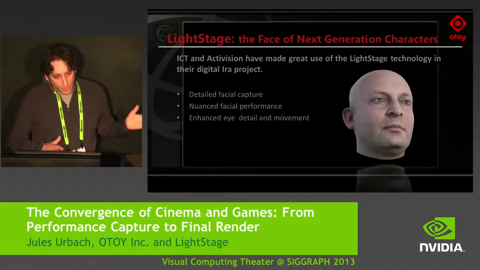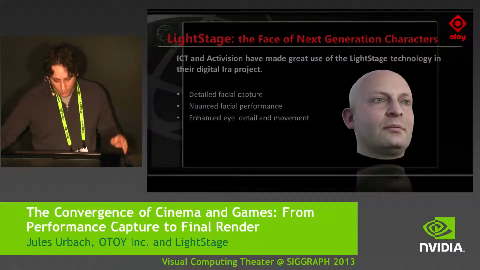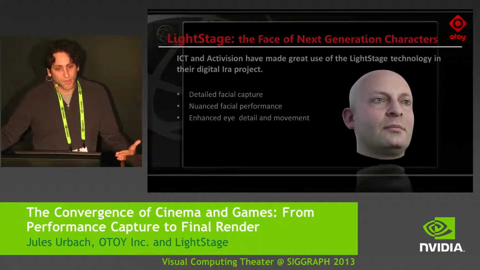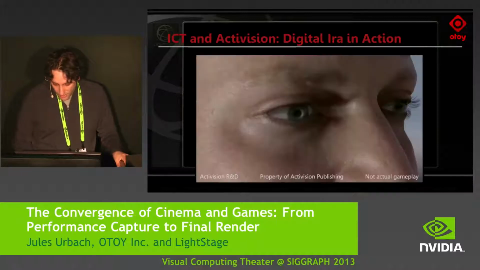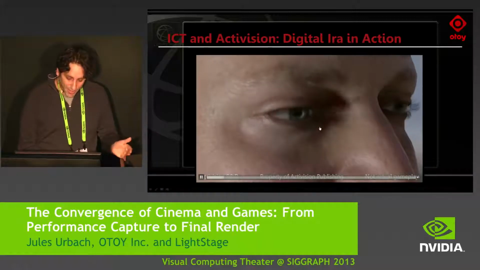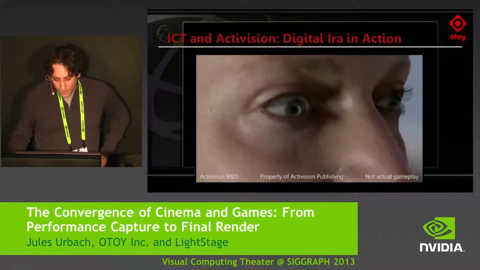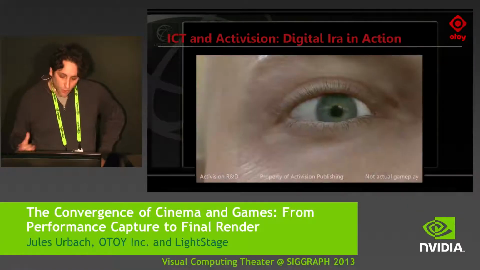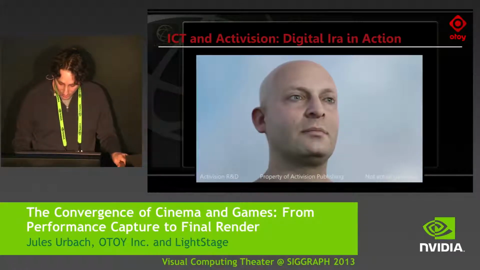And I guess the other area where Lightstage really has a huge impact is video games. So one of the things that I think you guys may have seen around the show and at the NVIDIA booth is Digital Ira. So Digital Ira was a prototype video game character done with the Lightstage technology at USC. And I don't know if you guys have seen this, but this was a test that was done with the Lightstage data by Activision. And this is all real time. This is all just DX11 shaders, and it looks really great. It really does sort of show what you can do, with, again, a Lightstage data set powering this kind of